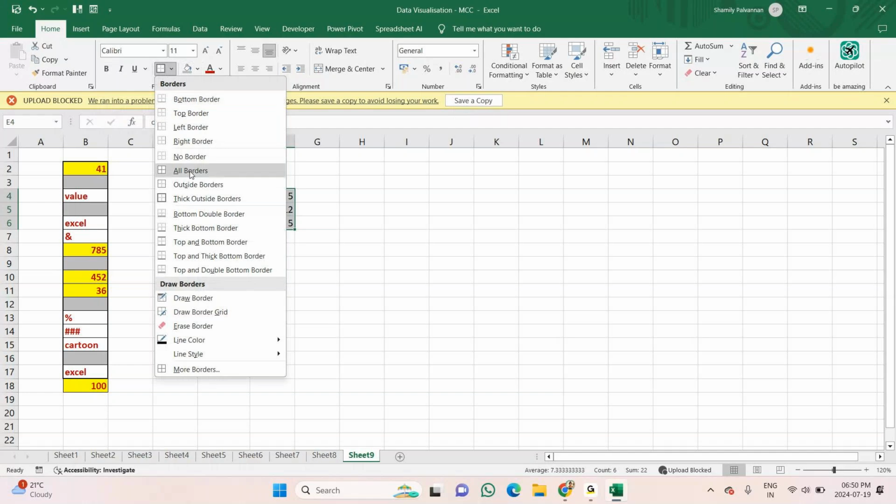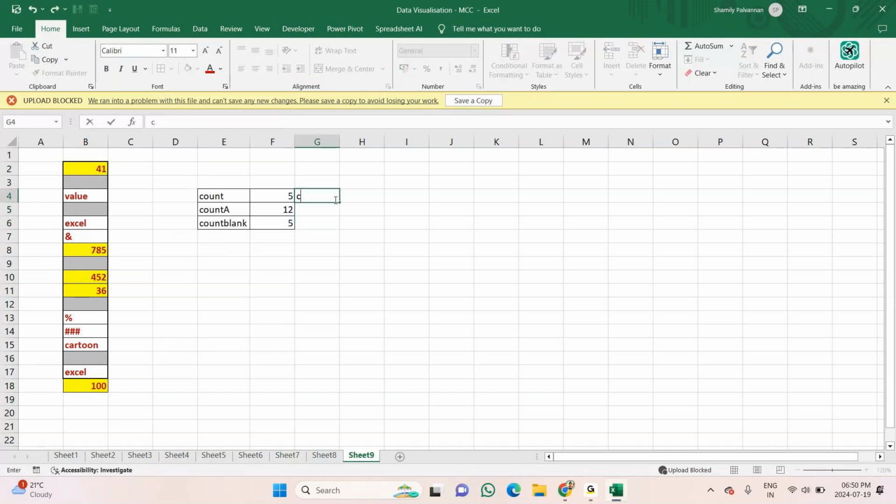What does this do? Counts the cells that have numbers only. Okay, and this counts the cells that are not empty, or that contain anything.